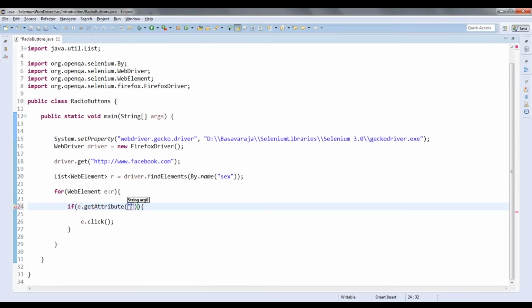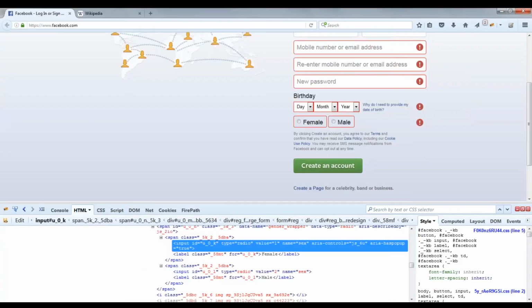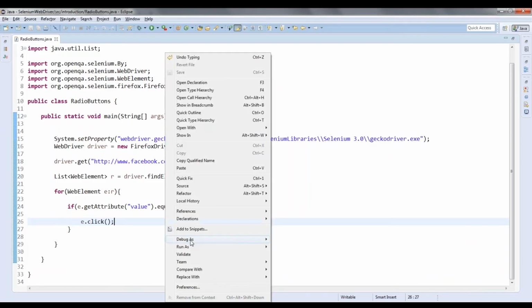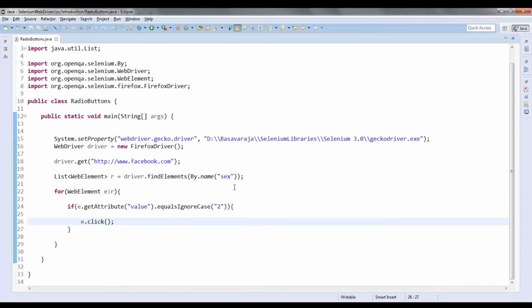What is the attribute? Value. Dot equals ignore case, you can use 2. If that is 2, you click on that, means you are clicking on the element with value 2. Let me run this and let us see whether it works out or not.